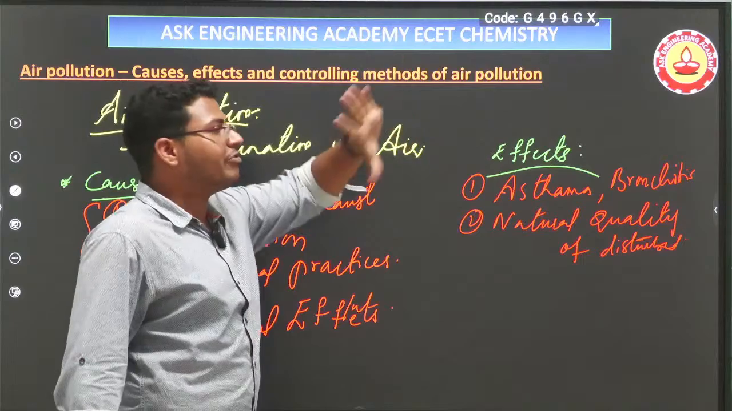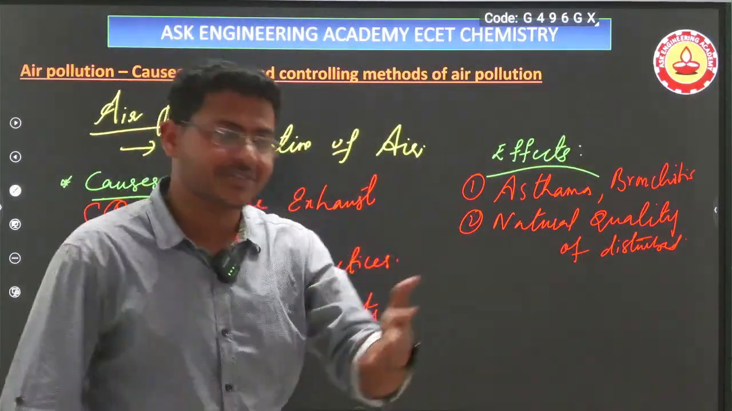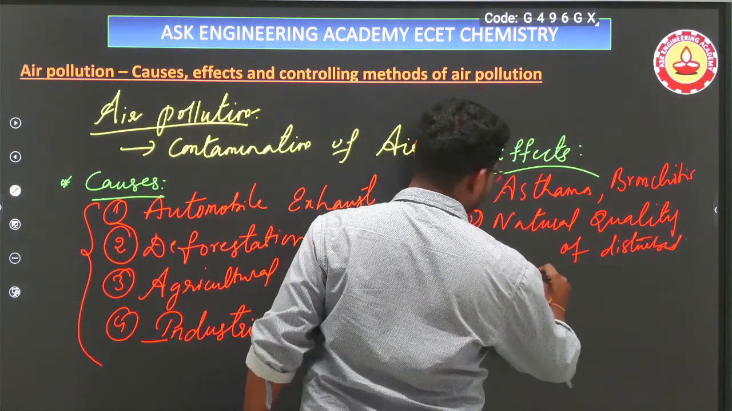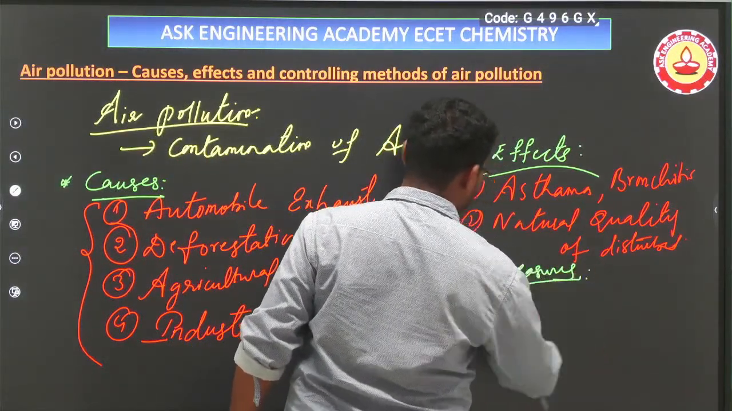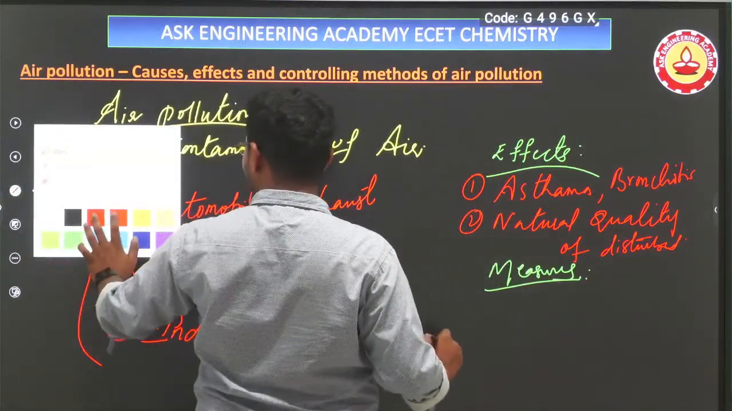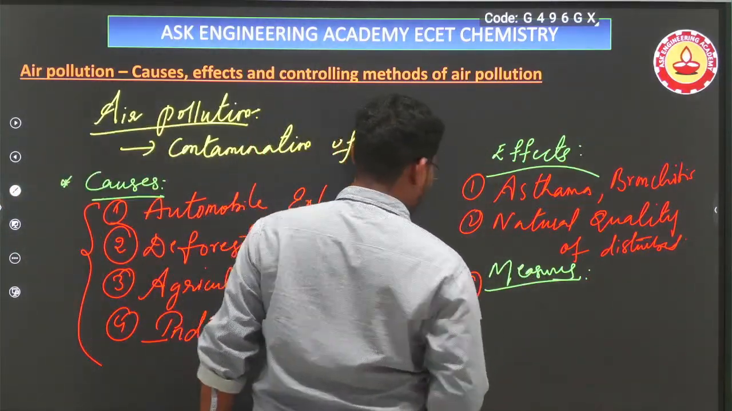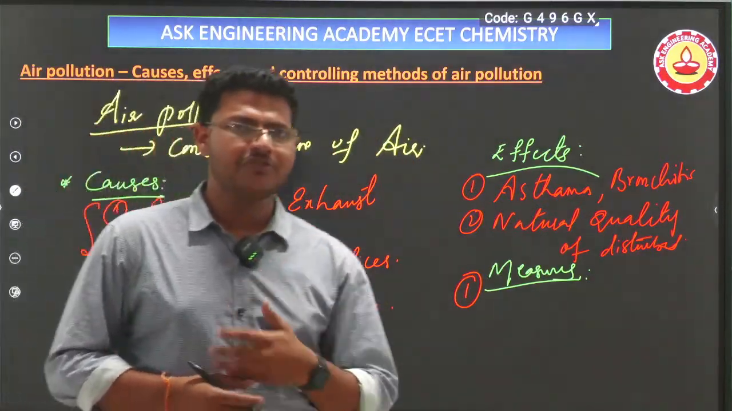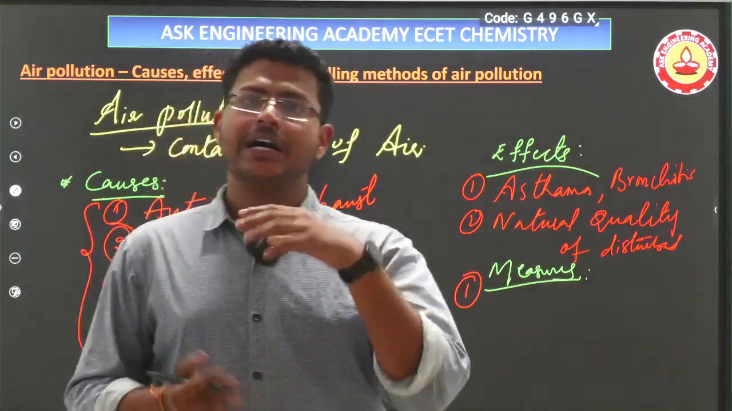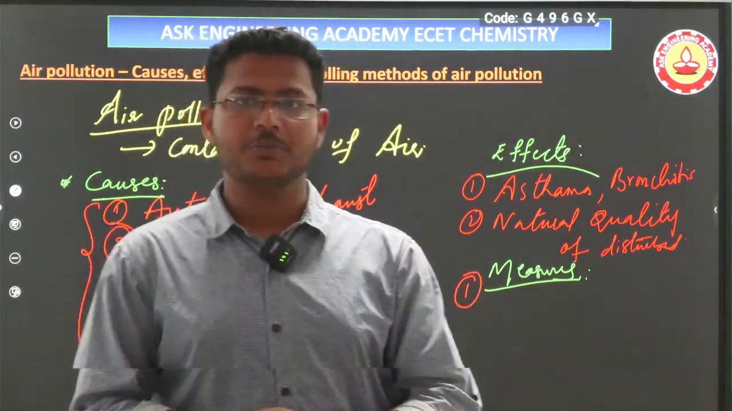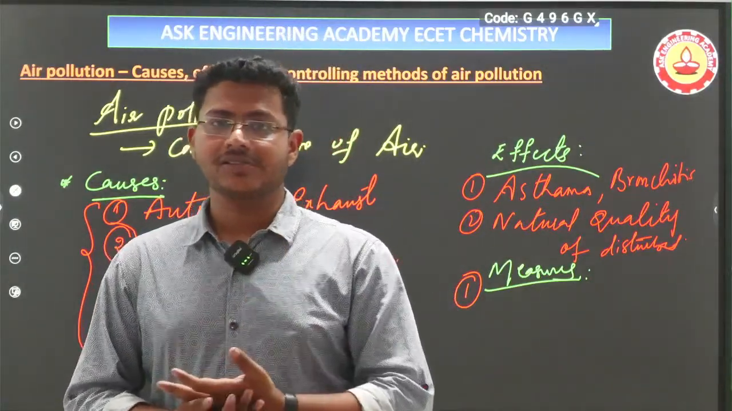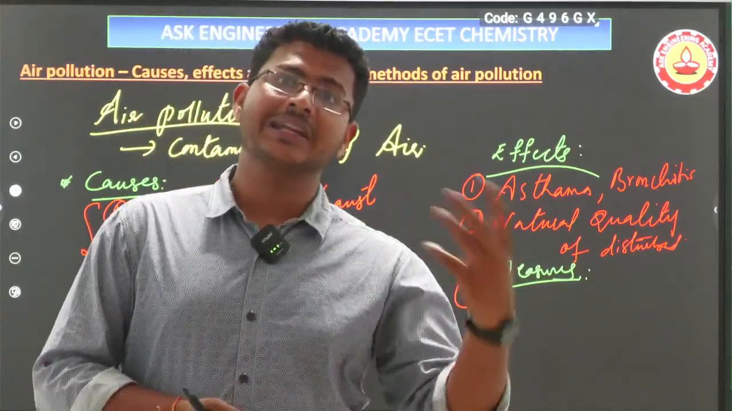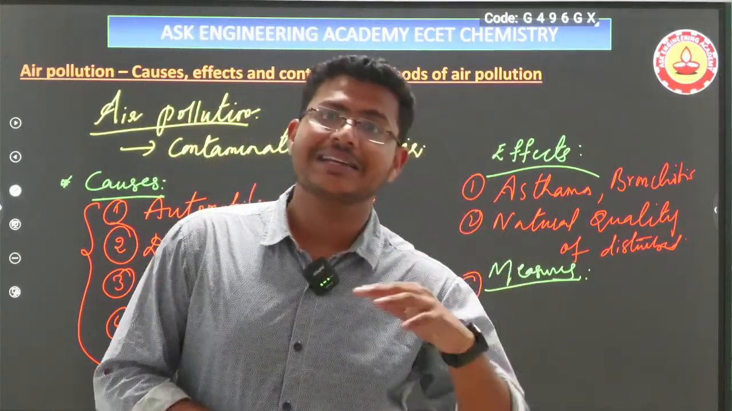Now, controlling methods of air pollution. So what are the controlling methods? These are measures to be taken to reduce air pollution. The first measure: for example, automobile exhaust. We are burning fossil fuels, releasing hydrocarbons, sulfur oxides and nitrous oxide into the atmosphere. So if we replace the fossil fuels with an alternative that reduces the release of harmful substances,